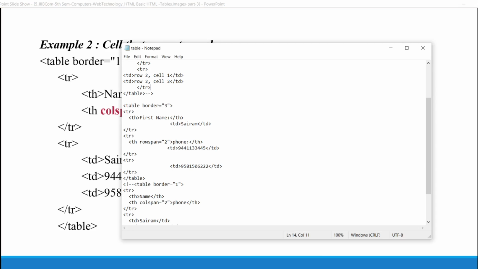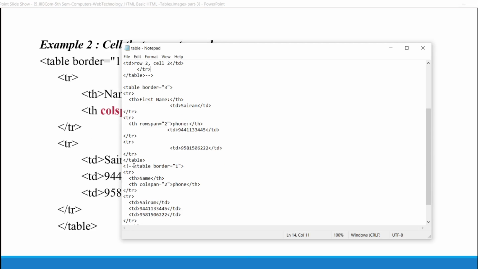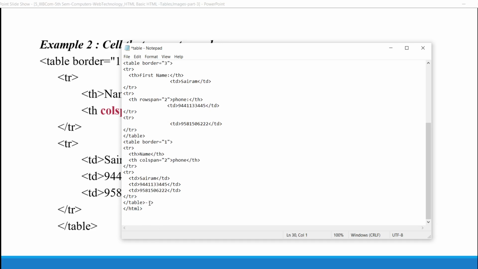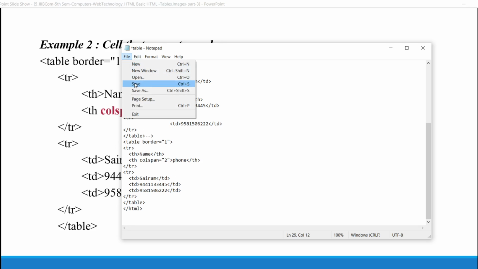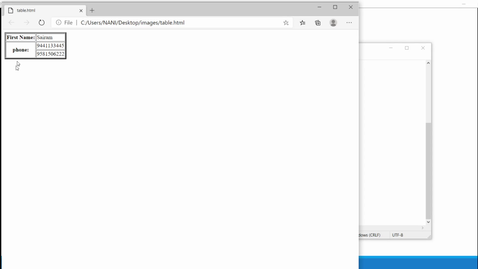Let's see this example. So run it. See here.